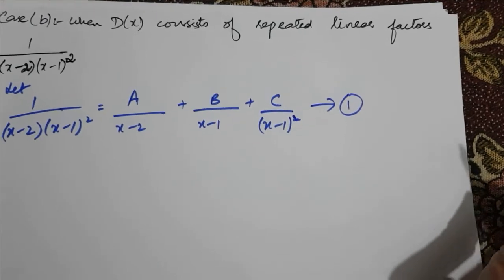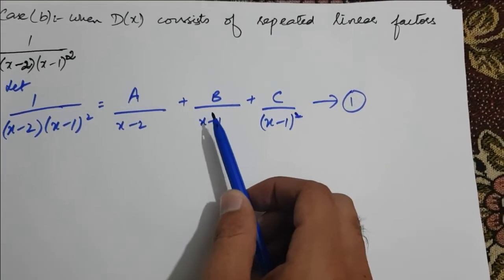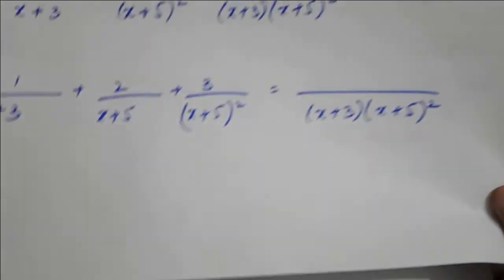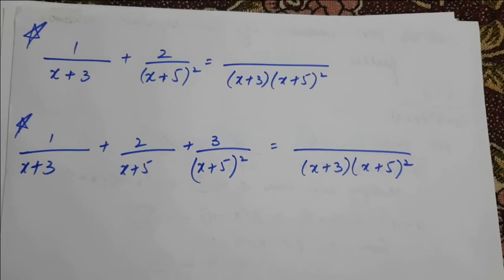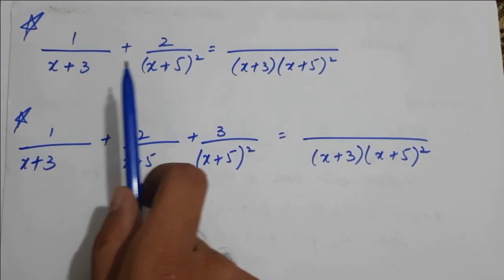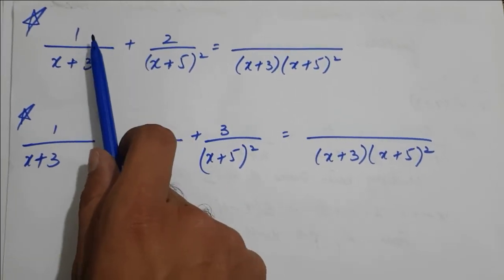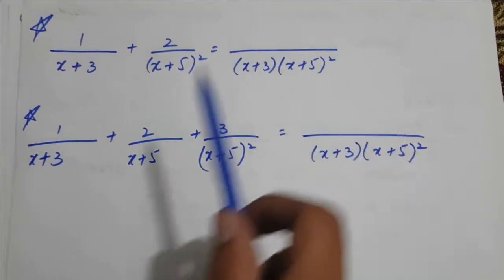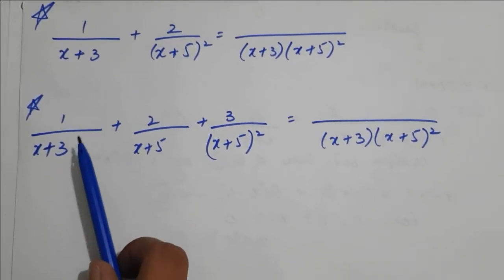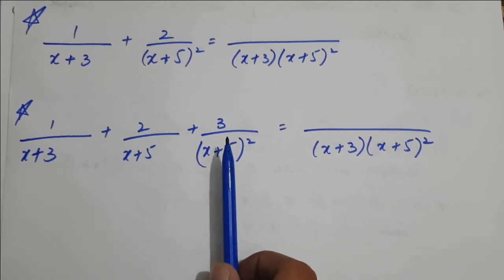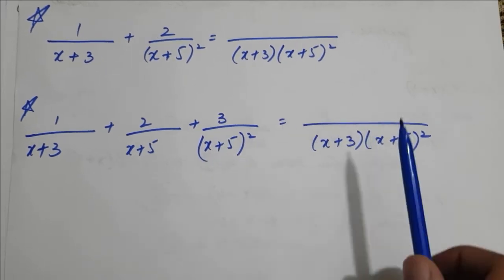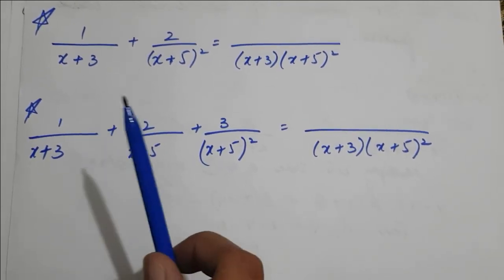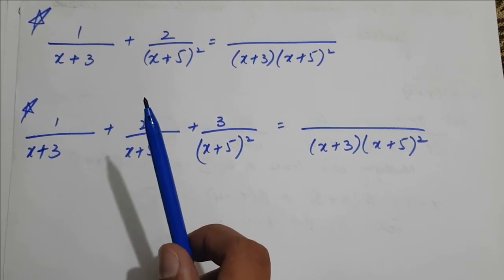Now I am going to tell you the logic behind writing this (x minus 1) whole square as b over (x minus 1) plus c over (x minus 1) whole square. To explain this logic, I am considering two examples where we have the sum of two fractions. We have 1 over (x plus 3) plus 2 over (x plus 5) whole square, the LCM of which comes out to be (x plus 3) into (x plus 5) whole square. However, we have another example in which we are solving 1 over (x plus 3) plus 2 over (x plus 5) plus 3 over (x plus 5) whole square. This also has the same LCM. So, we are going to consider the second option